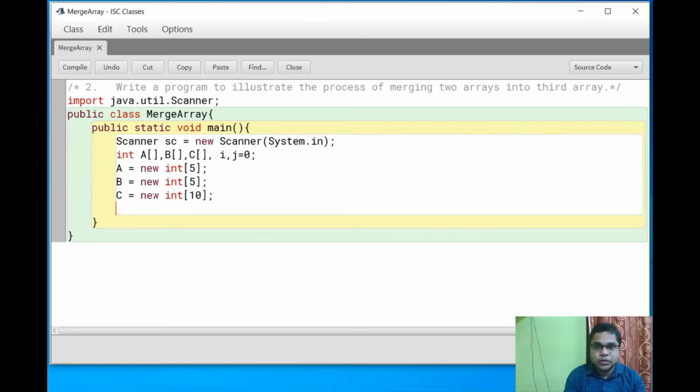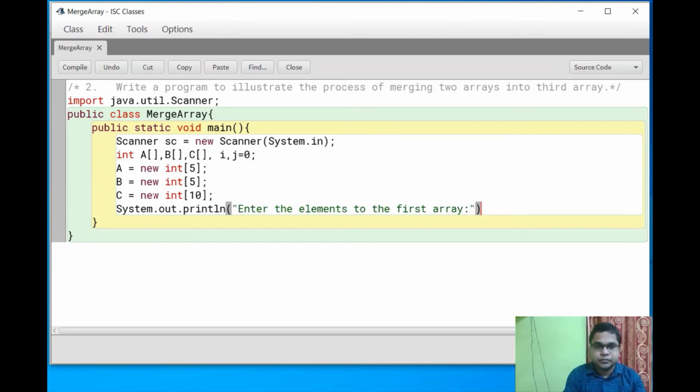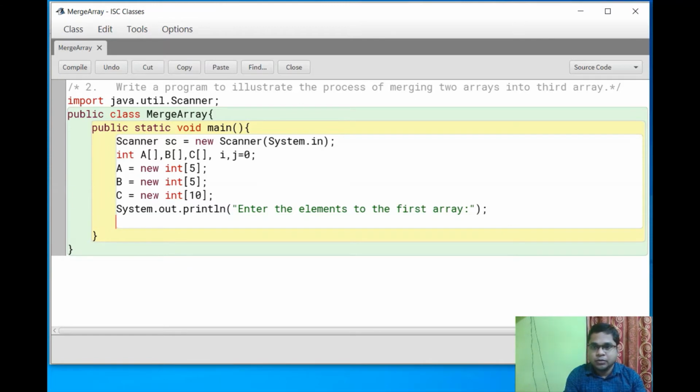Now I am giving a message to the user: System.out.println, enter the elements to the first array. Clear? Now I am taking the for loop here.